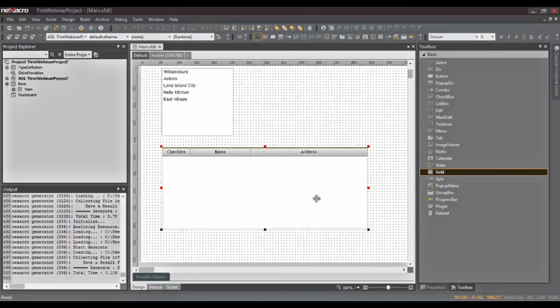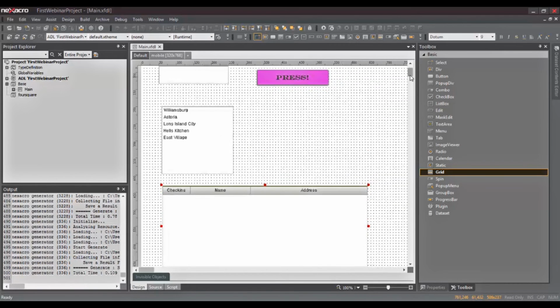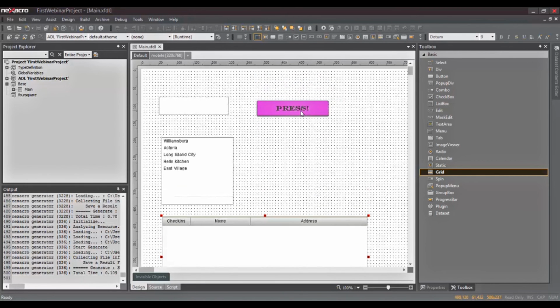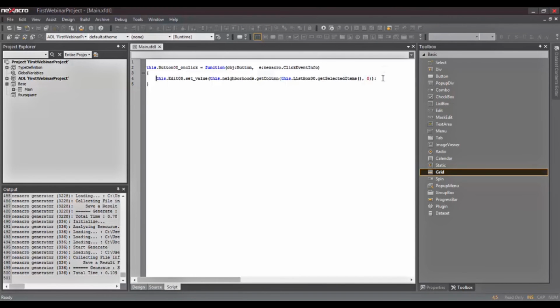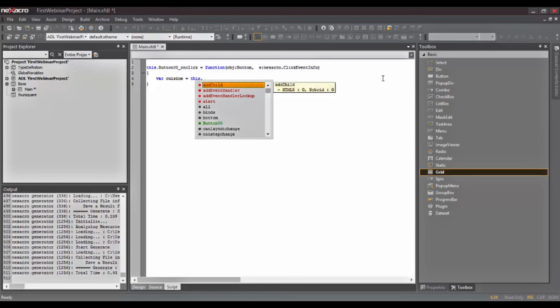So now, to get data from Foursquare and load it into this table, let us take advantage of this button. So let's repurpose this event on the button to do something more useful. So we would need the cuisine and the neighborhood selected by the user to make a call to Foursquare to fetch the restaurants. So first I would like to get the cuisine that the user might enter into the text field